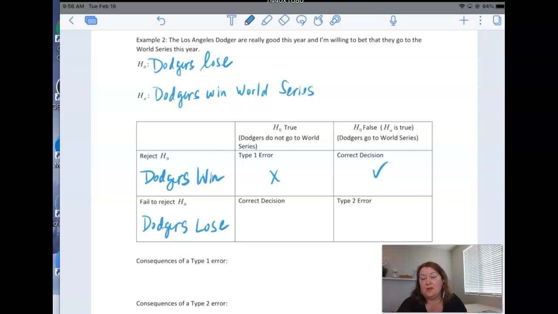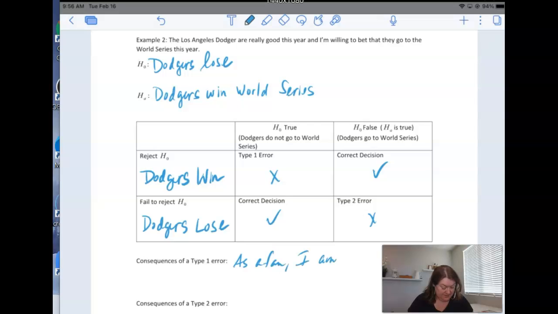And we find out that H sub O is in fact true, that the Dodgers do lose. That is a correct decision. But if I think they're going to lose and they actually win, that is a type 2 error. Okay. So what are the consequences of a type 1 error? So type 1 error is where I say they win, but they actually don't. So what happens? As a fan,